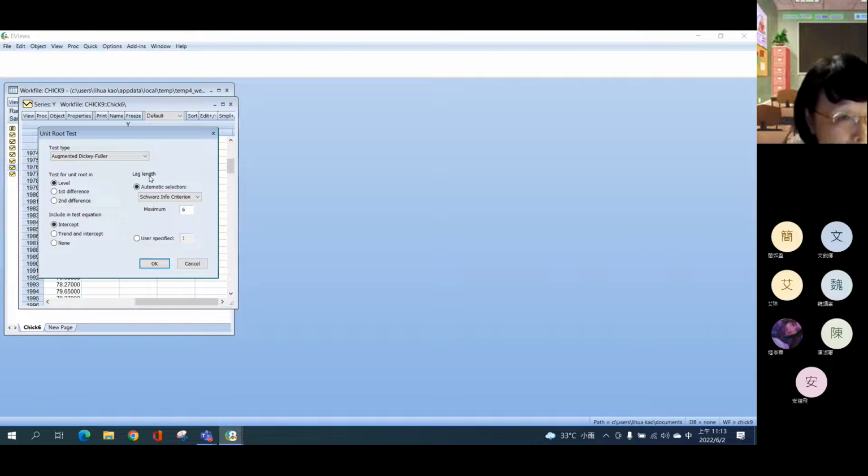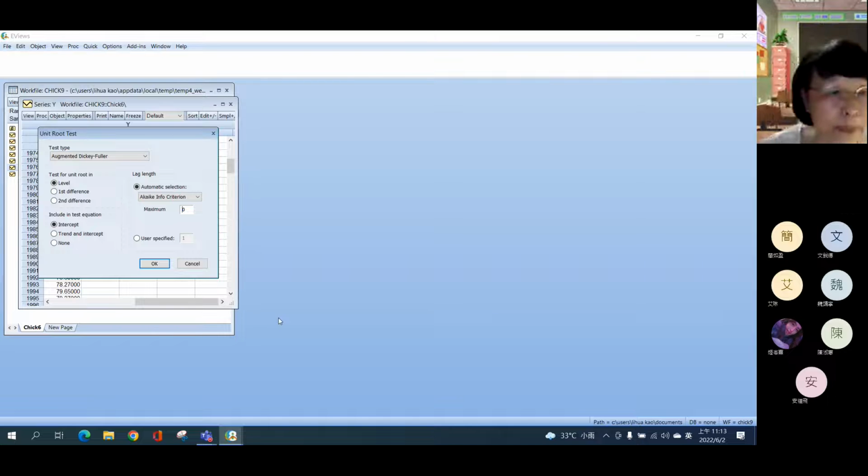Usually with the augmented Dickey-Fuller test, we need to include lags, and we're using AIC. If you start with 0, it means there's no lag. If we start with 1, it means we have 1 lag. So if I start with 0, it's the augmented Dickey-Fuller test without the lag. Look at this one. If we don't have lag,